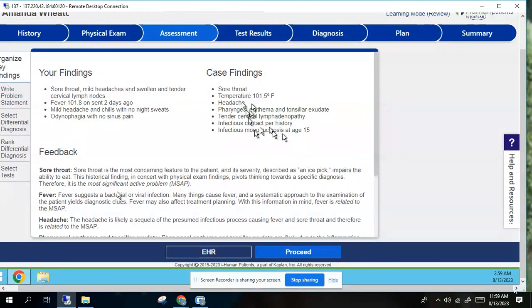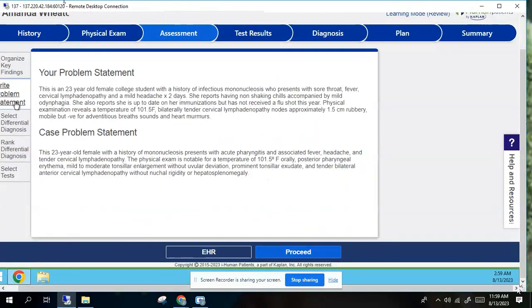So once you have this feedback, you compare your findings with the case findings, and then you can read through this feedback to help you know. It is very crucial for your differentials. So once you have organized your key findings, then you have to write your problem statement. This was my problem statement. It is closer to the case problem statement. So you're also supposed to look at this feedback before moving to the next section where